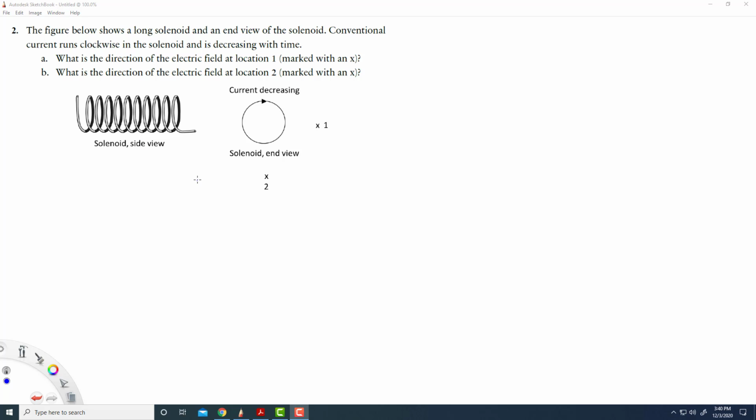Let's look at number 2 from worksheet 13. In this question we have a solenoid. This is the side view of the solenoid and this is the end view, okay, looking from this side or this side. So there is some current flowing through this solenoid,